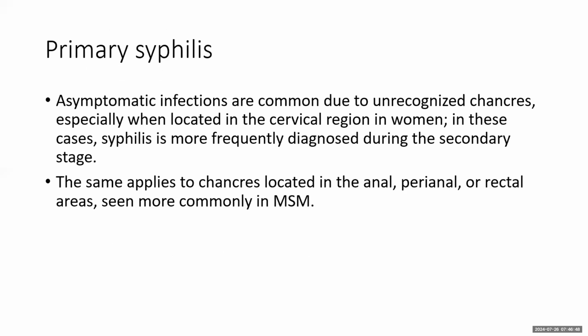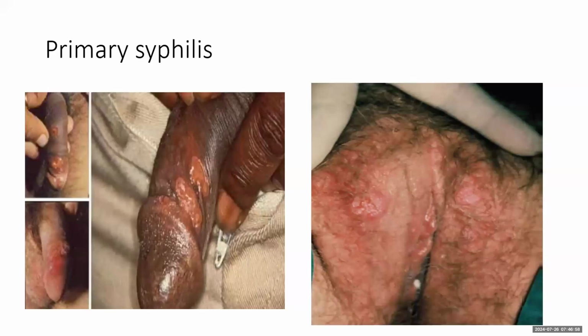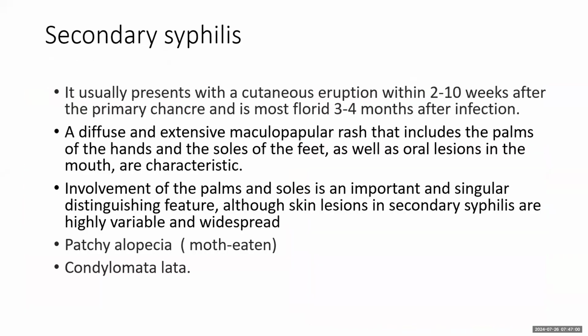Asymptomatic individuals can be unrecognized at this stage, especially women or men who have sex with men, as it can occur within the endocervix or within the perianal or rectal areas. So this is a picture. Secondary syphilis occurs when primary syphilis progresses, left untreated or unresponsive to management, within 2 to 10 weeks after the primary chancre,